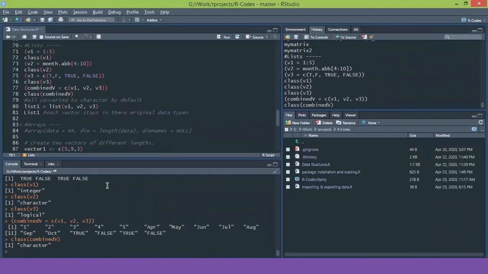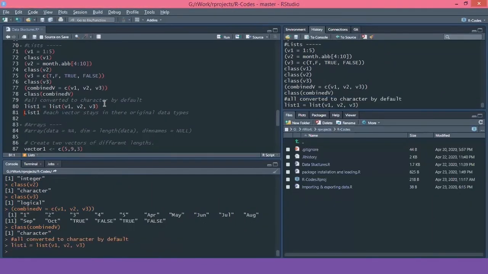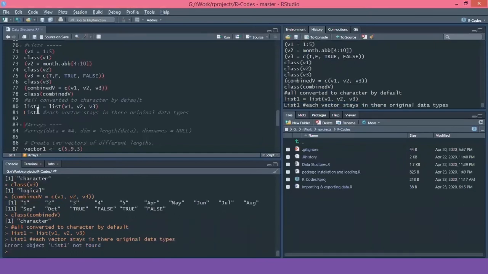But we do not want that. We want each vector to be in its own data type, but we need it in the form of a list. So we are taking the variable list1, and the command is list, and within brackets we are giving the names of all the variables. Let's execute this command and print the values.